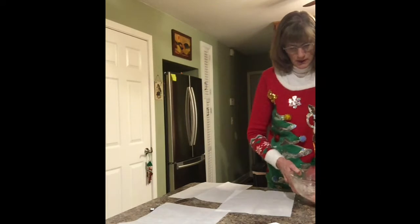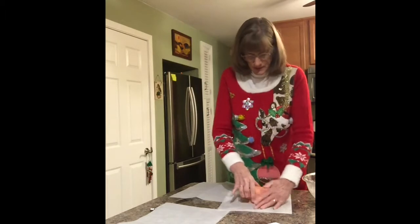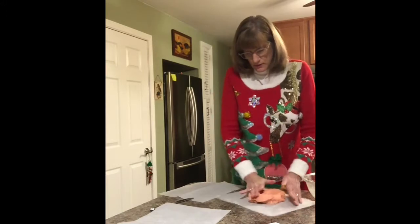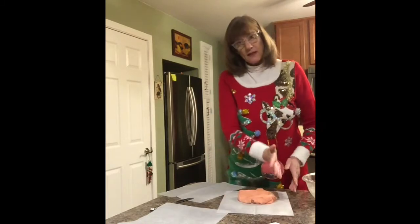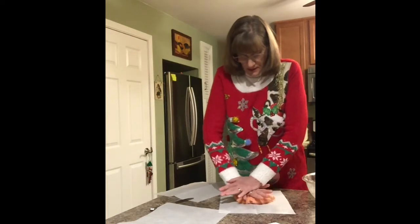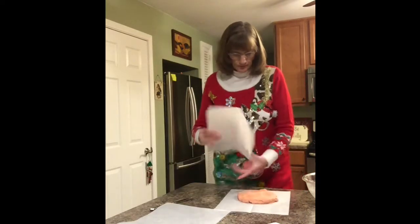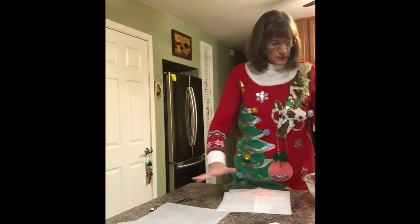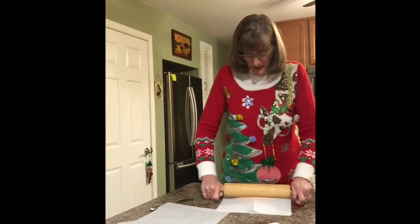So here we go with the colored dough now. Be the same thing. Take the dough out and then squish it down. What I did when I was rolling my dough out, if I found that I was getting over the edge on one side, I'd simply cut that off and fill it in on the spaces that were short. And once you roll it, it will mold together with the rest of the dough